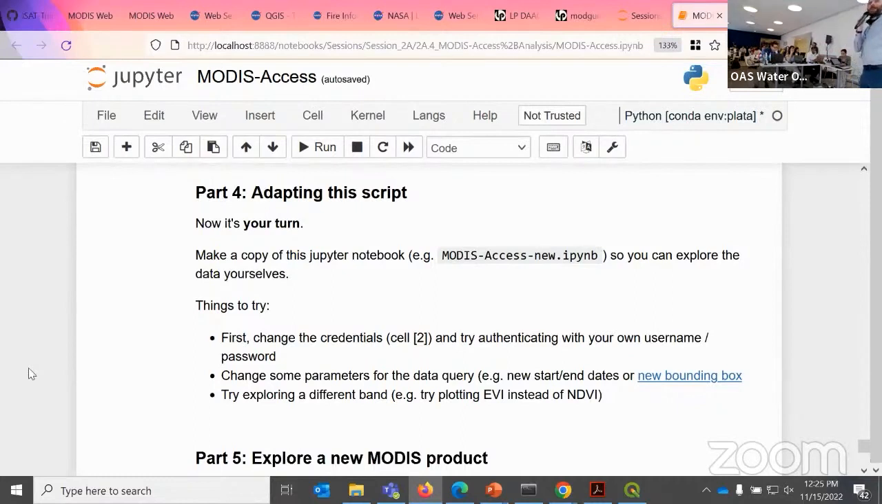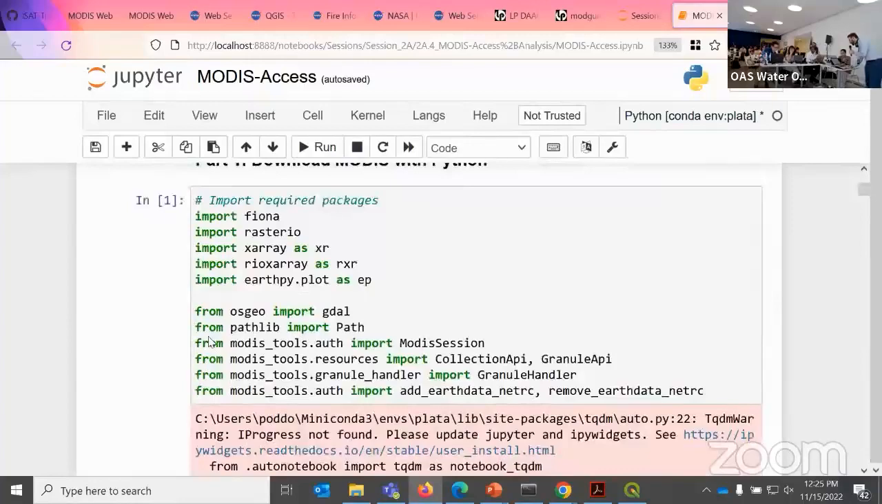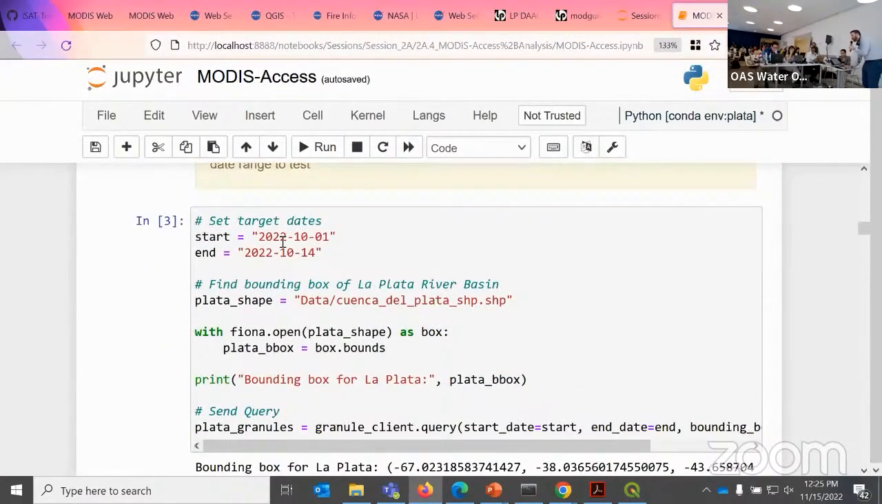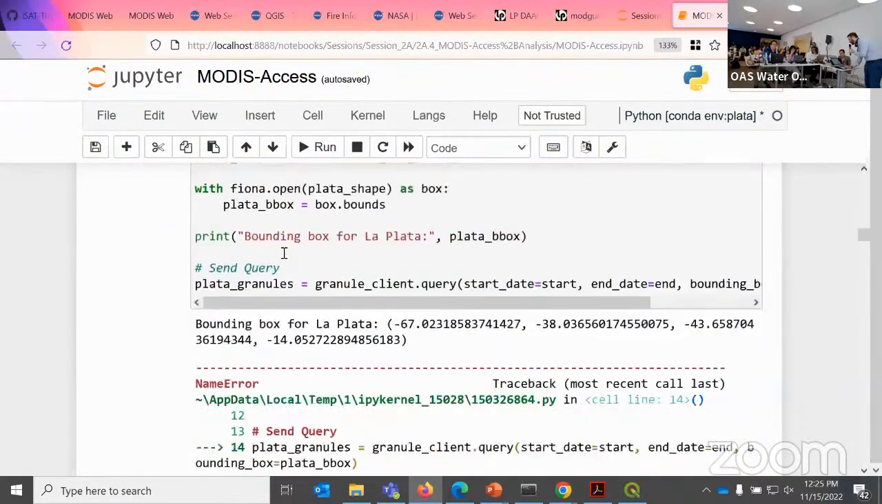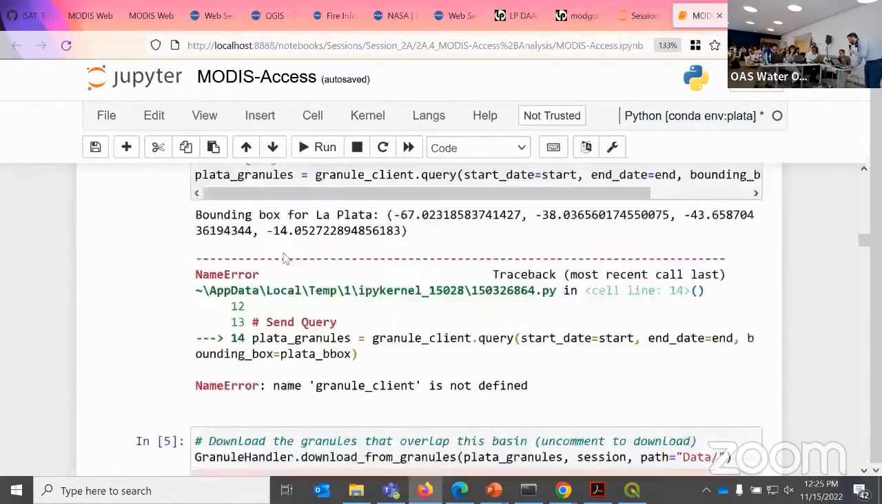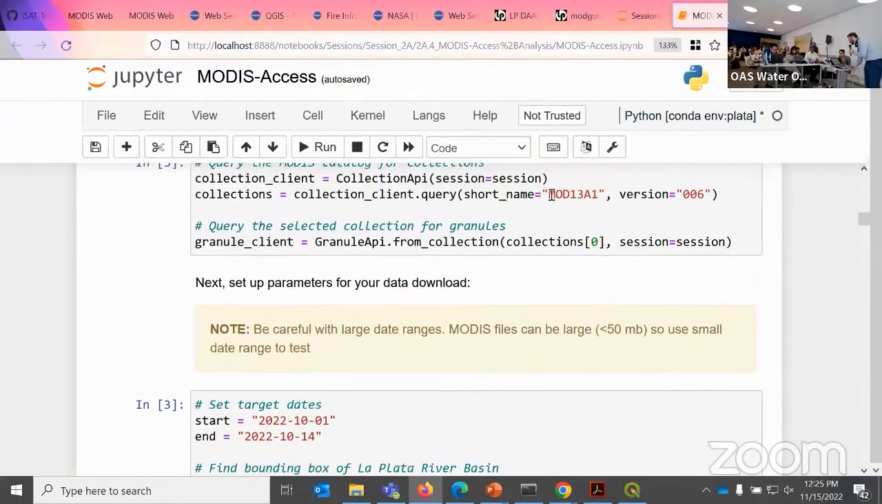But then you can also change the parameters. Okay, so I'm just going to scroll back up here. Like I said, you can change these to any dates you want, right? Right now, this is what I have. Feel free to play with that. Feel free to play with the actual data product itself. I'm using this data product,